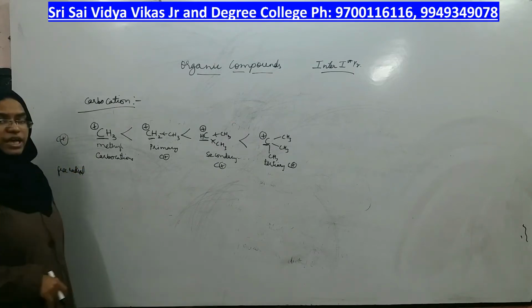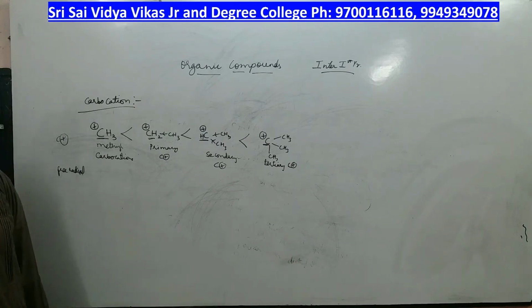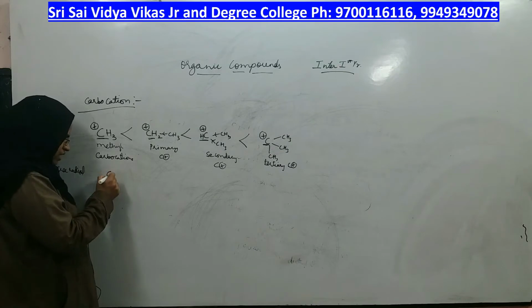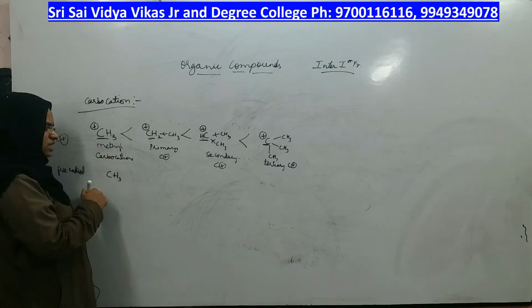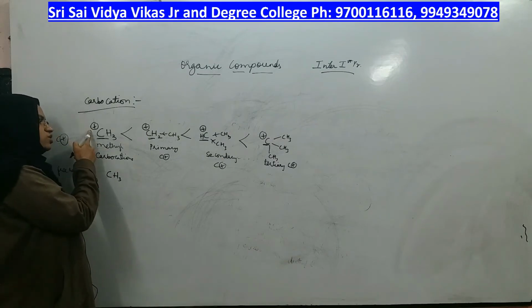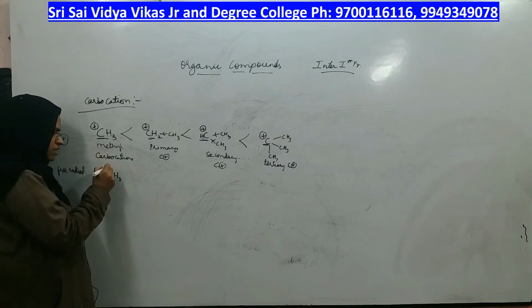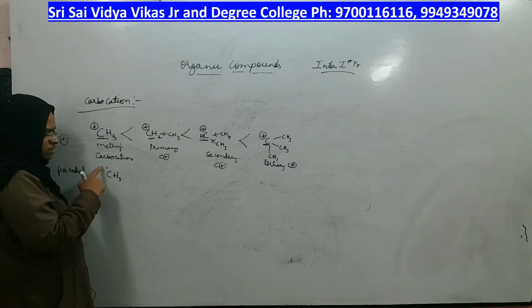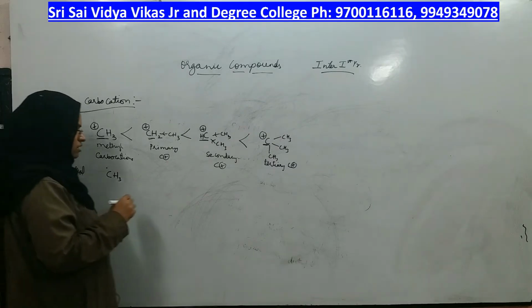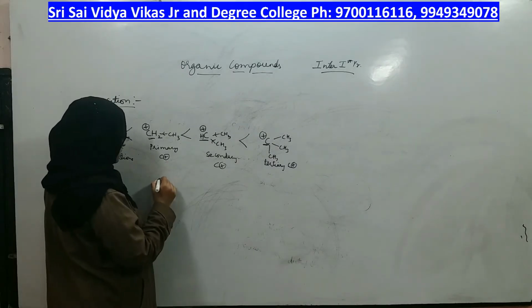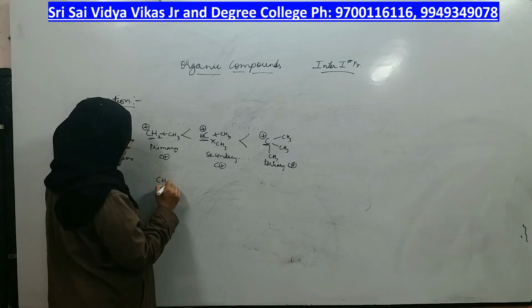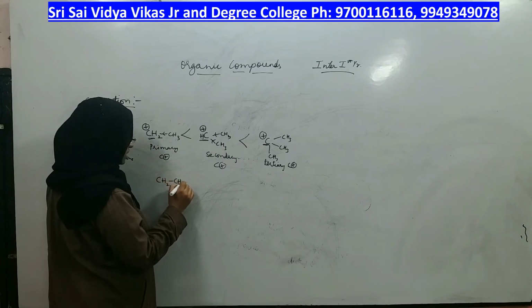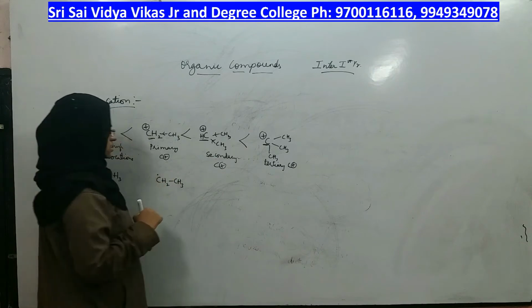Okay, and you remember that every free radical should have a dot on it. Their formula is exactly the same, but carbocation will have a plus charge, free radical should have a dot, which means one electron is present on the carbon. This is methyl free radical. Then you have primary free radical in which there is a dot on this carbon.